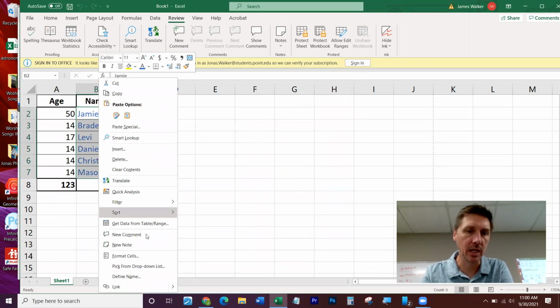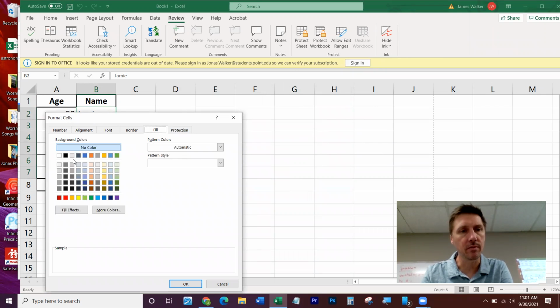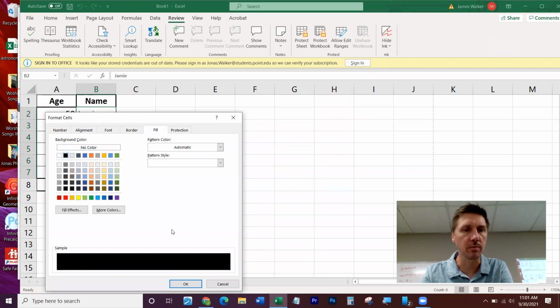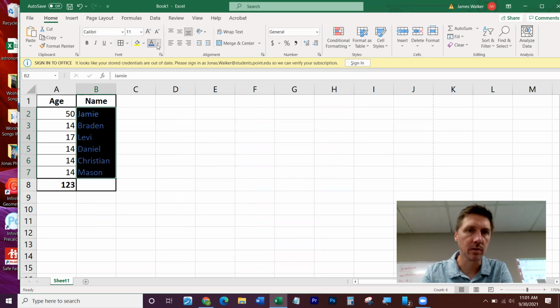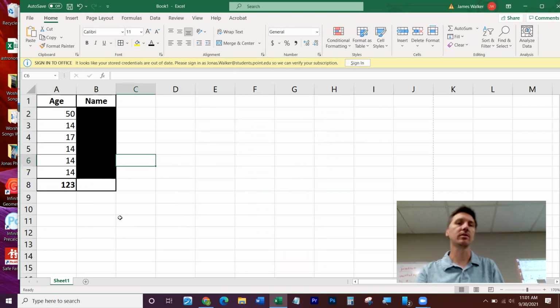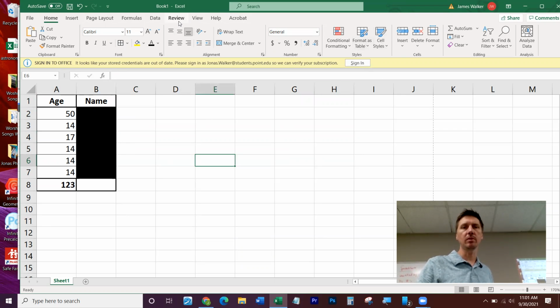So if I choose this again and I go to format cells, it shows us hidden. It wasn't fully. So I'm also gonna black all this stuff in, make it black. Of course, I need to also make the text black or you'll be able to see the text. So if I do that, now I can't see the data that's there, but if I click on them, look, it still shows up top here. I can still see that's Jamie. I can still see that's Braden. And even if I lock it, I can't really click around there. So locking would be one way to do it, but